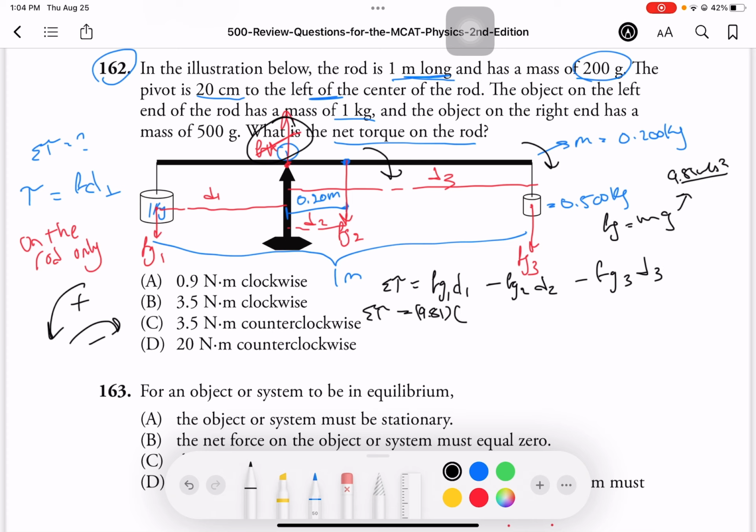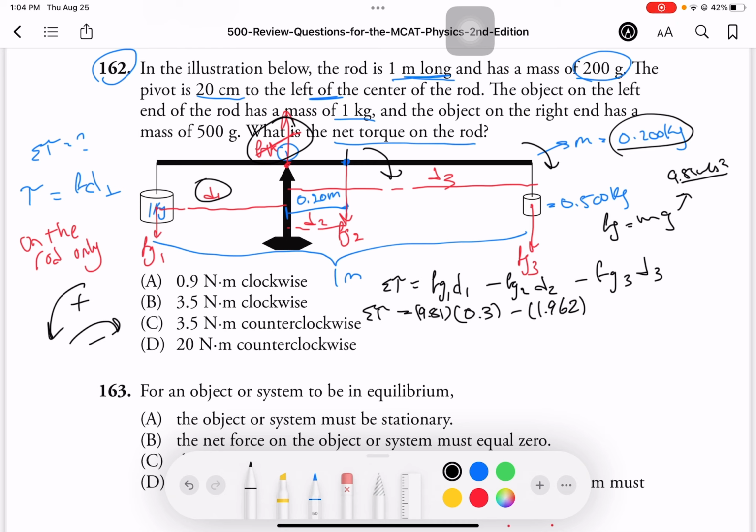So the distance is right here. How can I figure this distance out? Well, I know the whole thing is 1 meter. If I took the center, that's going to be 0.5, and I subtracted 0.2, that's going to be 0.3. So my distance is 0.3. Subtracting that, Fg2 is the center. We're given that it is this mass, 0.200, so I'm just going to use my calculator, multiply 0.200 by 9.81, and that should give me an answer of